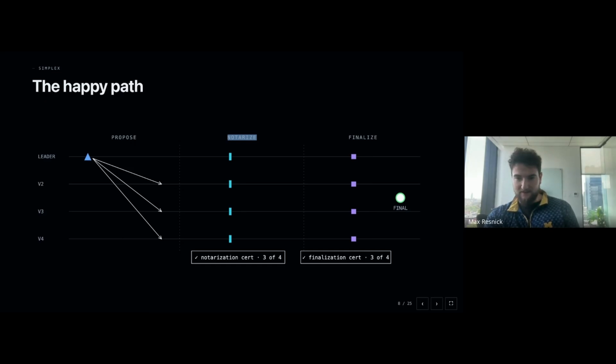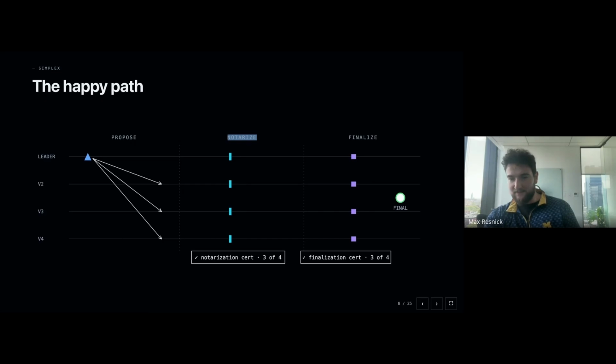The basic idea is if 2F plus 1 voted to finalize on top of a notarization certificate, and it's the same notarization certificate, then at least F plus 1 of those nodes are honest, not Byzantine.